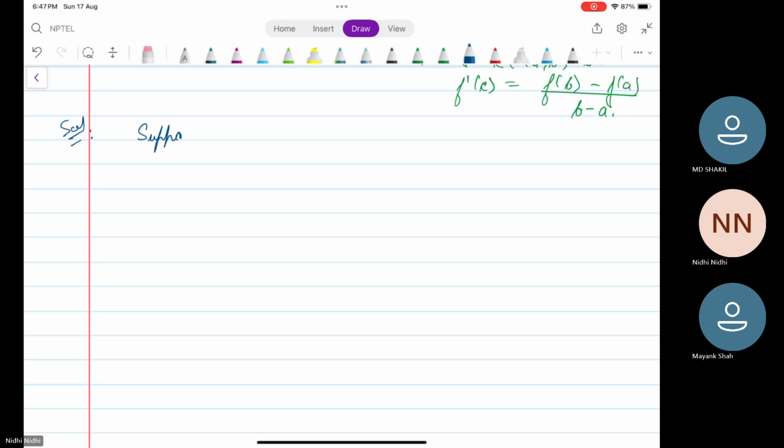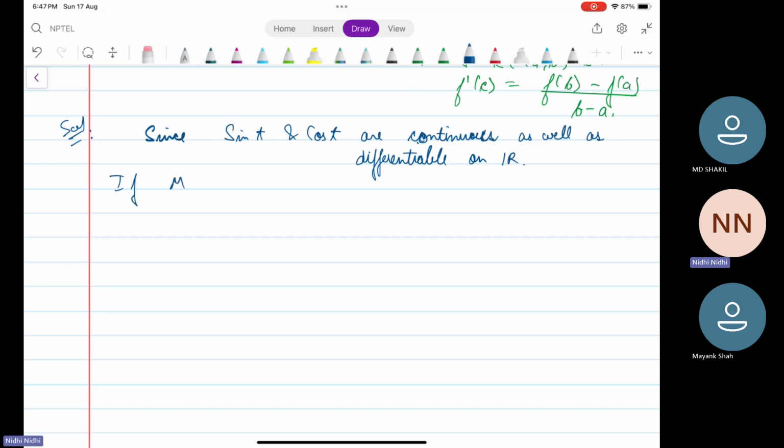Suppose, since sin t and cos t are continuous as well as differentiable on R,